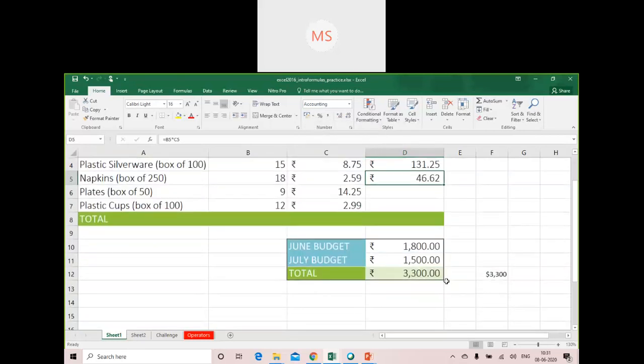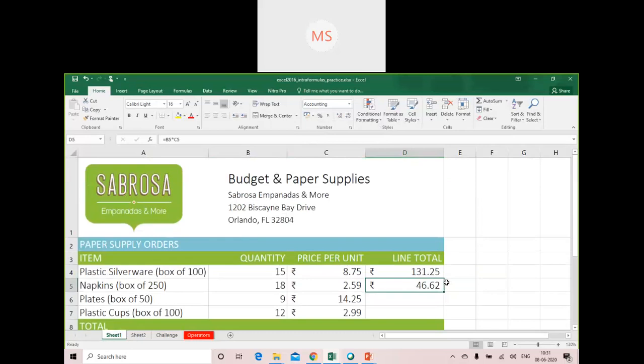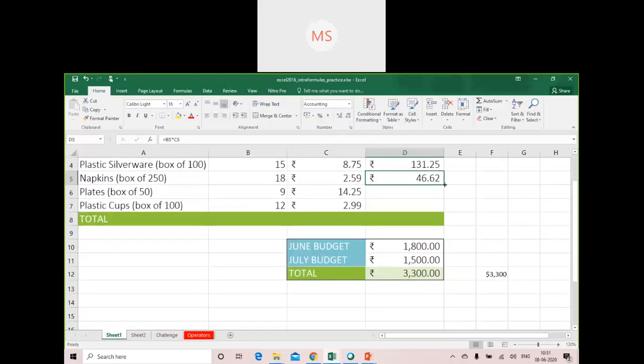But if the formulas are the same in multiple locations or in multiple rows, there is no need to write it again and again. Instead, you can simply select that particular cell and drag it to those places wherever the same formula applies. So it applies to the entire bill. I can drag it to here and I can see the rupee symbol as well as the calculations done accordingly. Okay, is it clear to all of you or not?